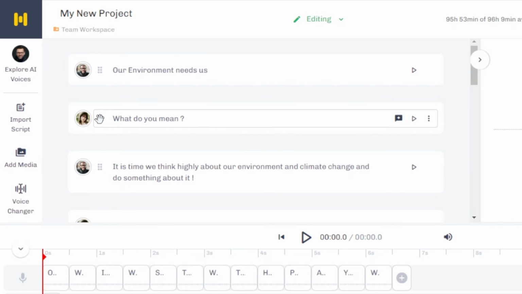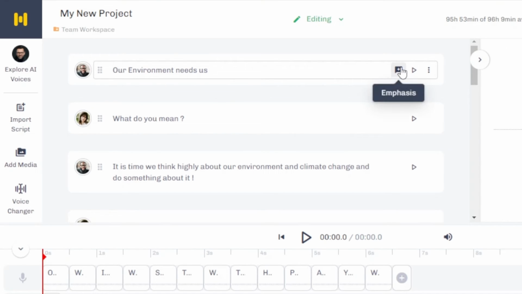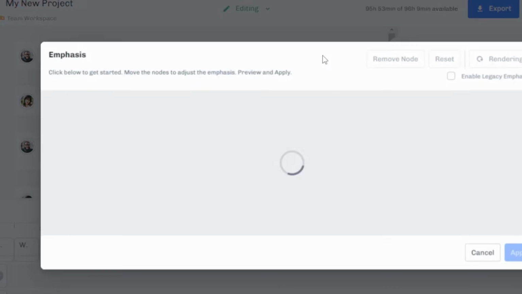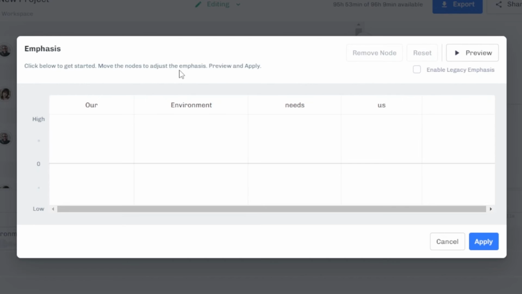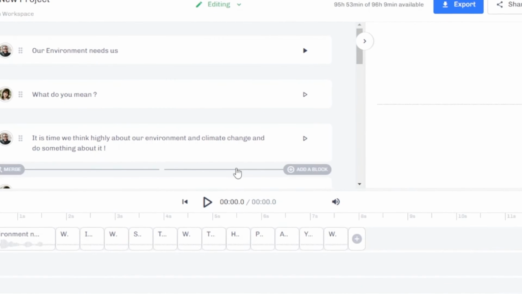I can now go ahead and customize my different aspects. We can also add emphasis if we like. Click on emphasis and you will be able to move the notes to adjust the emphasis and preview and apply. Let's say you like a certain tone and you were looking to emphasize a word, but your voice is not giving you that. It looks a little robotic. Well, Murph allows you to even select and adjust your pitch, adjust your emphasis so that you have a lifelike